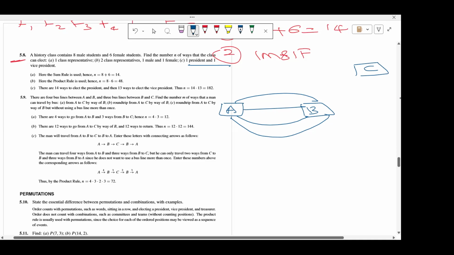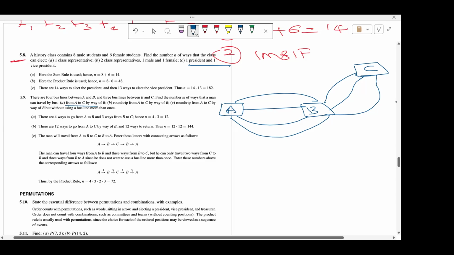Now they are telling from Batticaloa to Colombo, there are only 3 bus lines. 3 bus lines between Batticaloa and Colombo. If you want to visit from Batticaloa to Colombo, you have only 3 different routes, right? 4 bus routes between A and B, 3 bus lines between B and C. Now what they are telling, find the number of ways that a man can travel by bus from A to C. The first question,